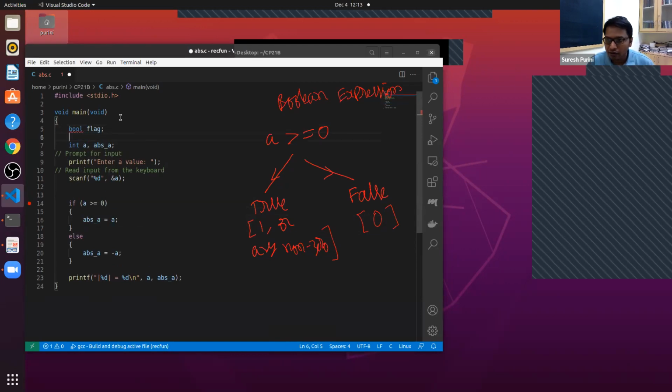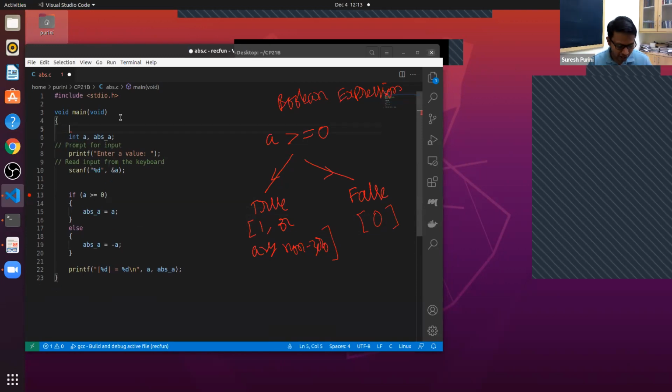In C, stdbool.h gives bool flag, but it is not a primitive data type. At this point in time, there are no Boolean data types in C. So non-zero values are true, and false is represented as 0.